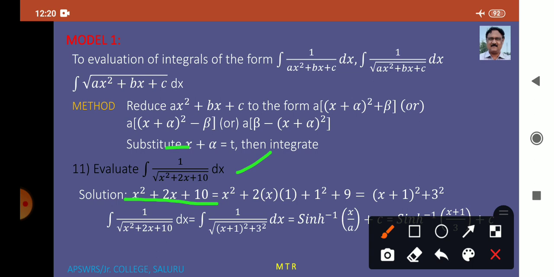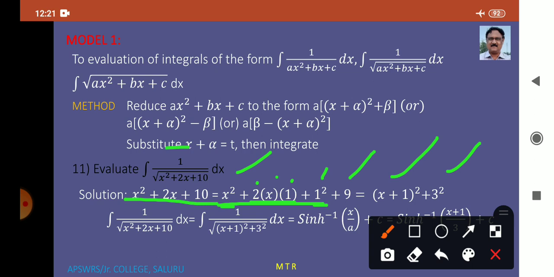We write this x square as it is. We write this 2x as 2x into 1. This is of the form a square plus 2ab, so here b is 1. So b square is 1 square, and we write that 1 square here. But there is the constant 10 here. Already we wrote 1, so write the remaining 9 here. The first 3 terms, x square plus 2x into 1 plus 1 square, are of the form a square plus 2ab plus b square. So that is a plus b whole square, x plus 1 whole square. And 9 is nothing but 3 square.